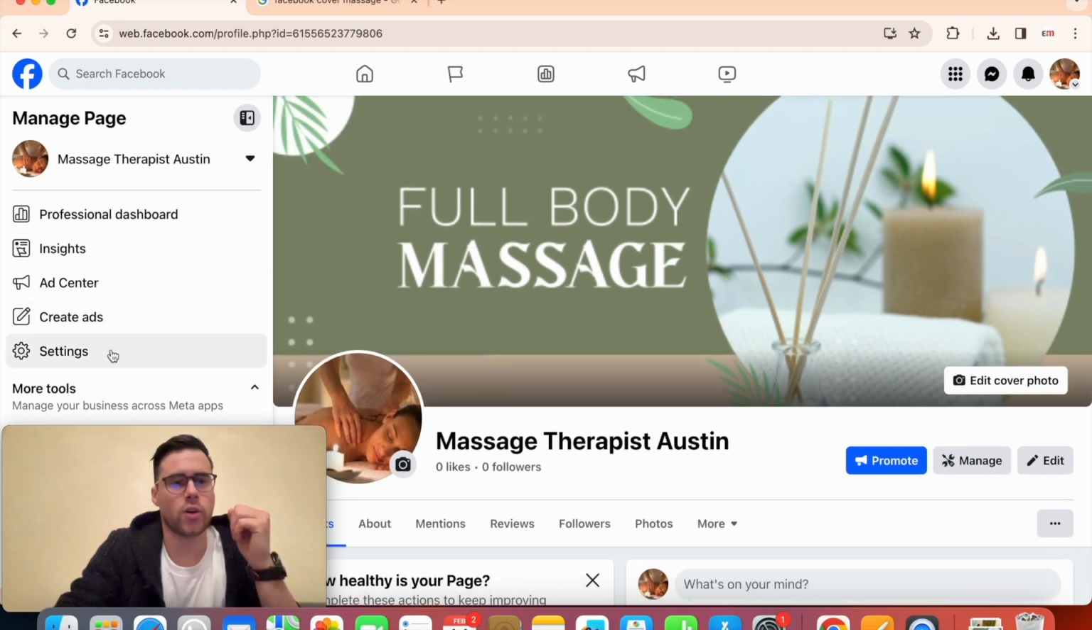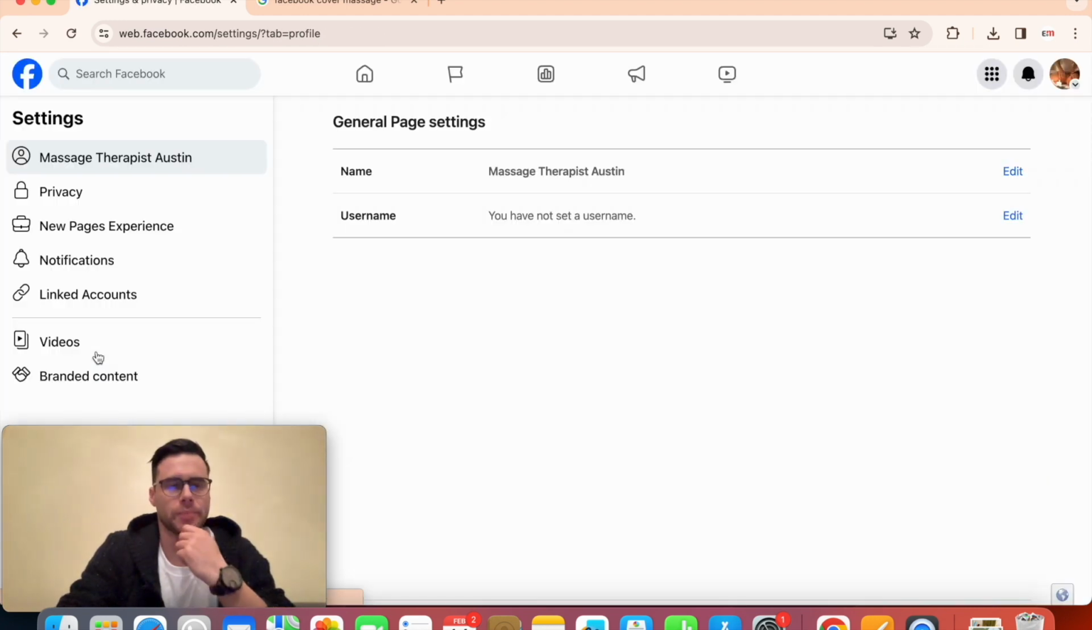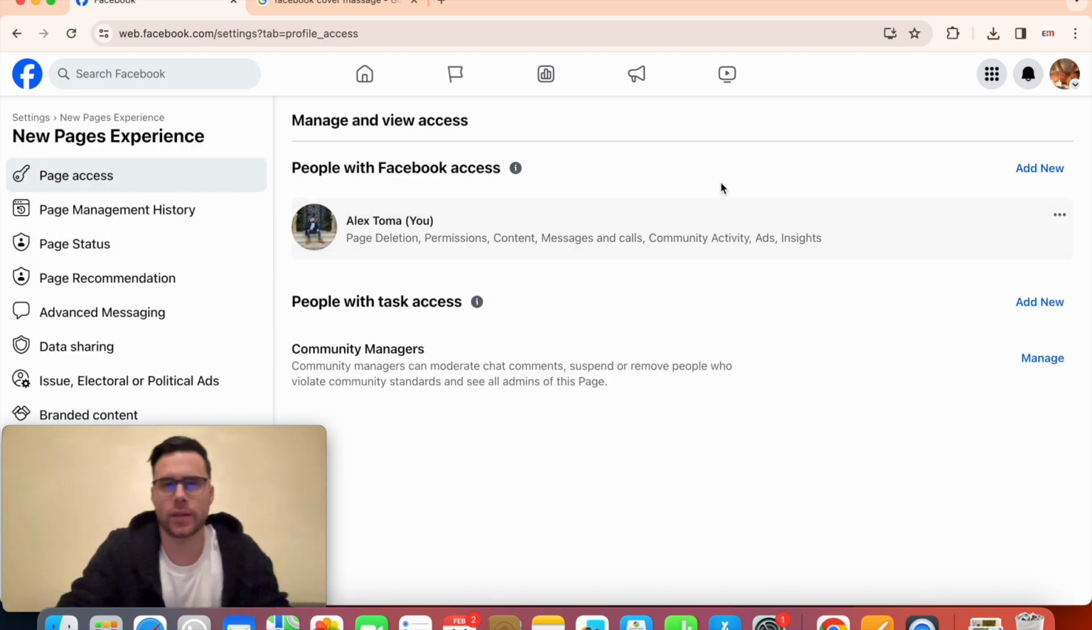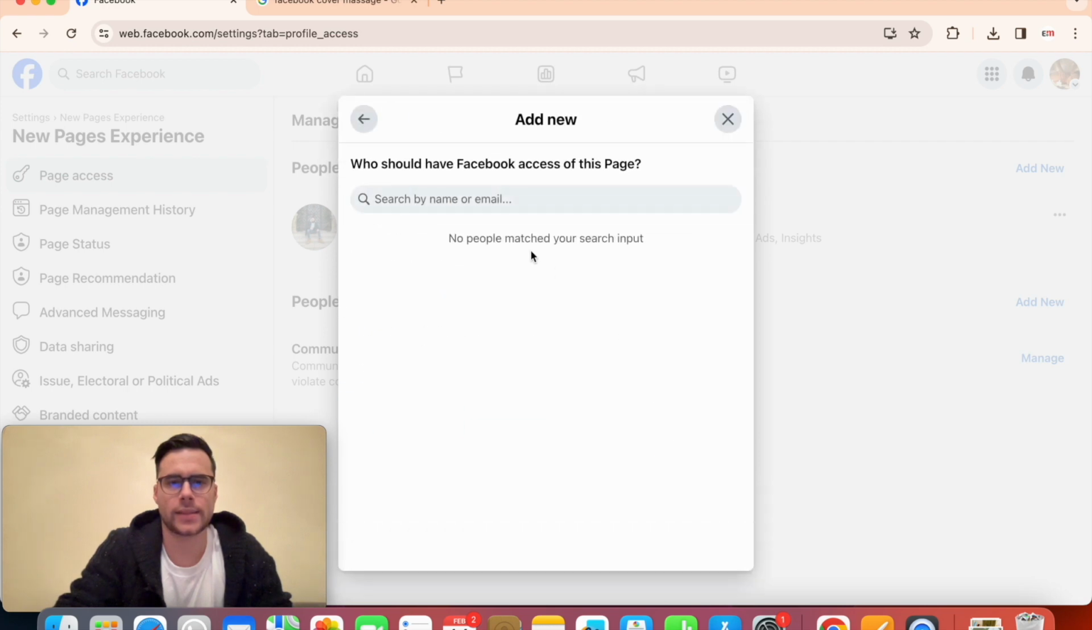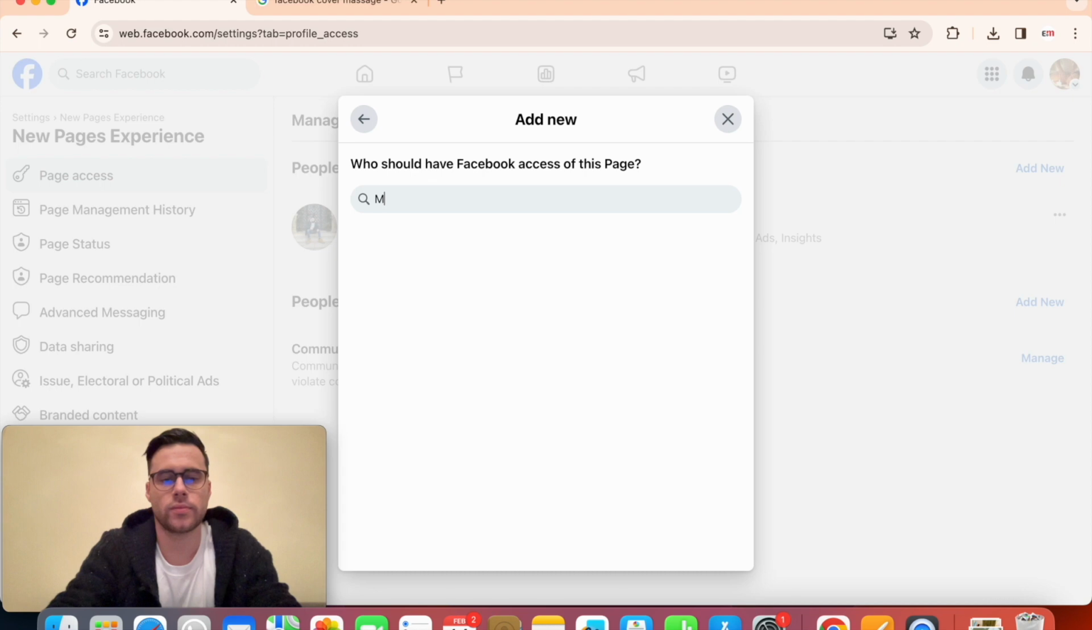And then you need to go in settings, new pages experience, and over here you have people with Facebook access, and you have the button over here to add new. Press on it, press next, type the name of the person you want to give access to,